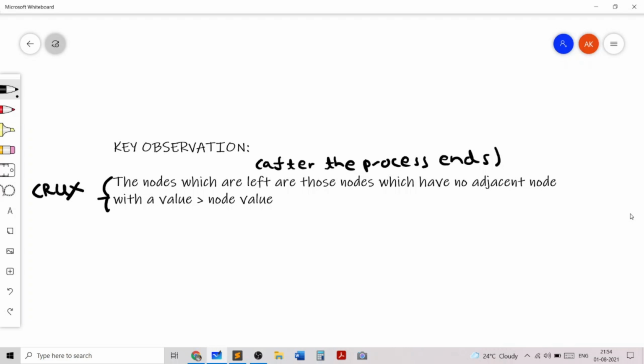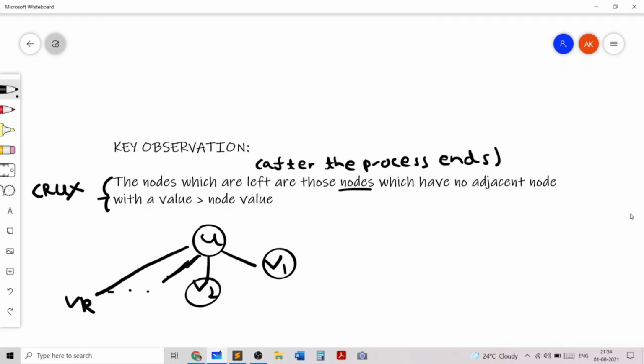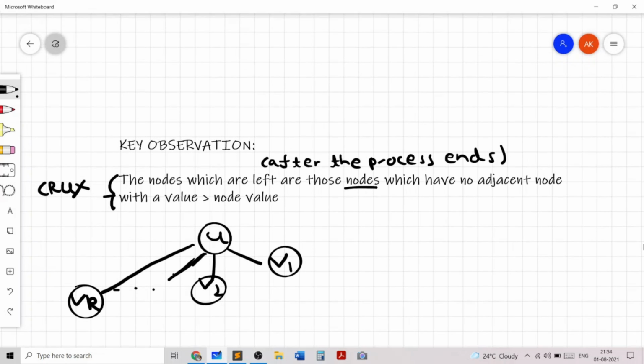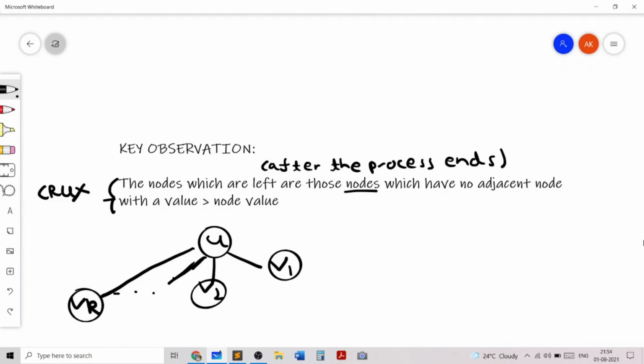I won't give the formal proof in the video, but I'll give you a basic intuition for why this is correct. Let's say there was a node u which had adjacent nodes v1 to vk, and let's say that u was left after the process, and let's oppose this claim. So let's say that there was an adjacent node with a value less than the value of u. Then what would happen?